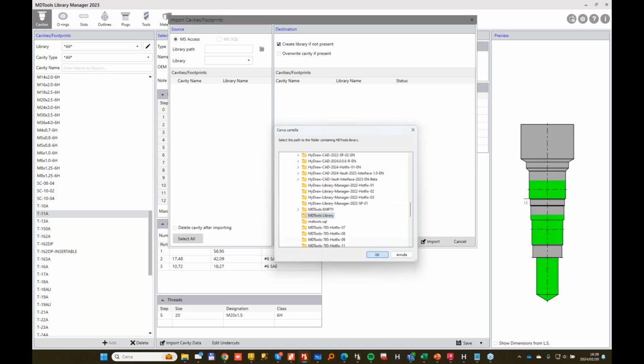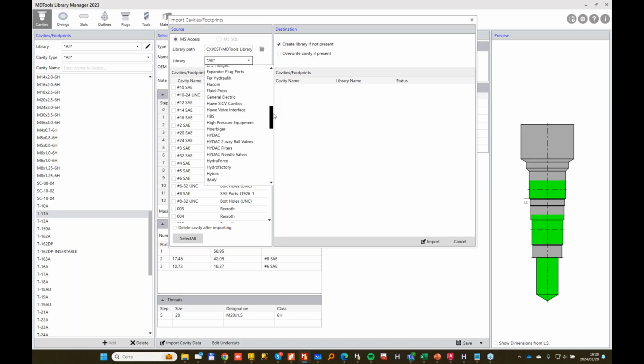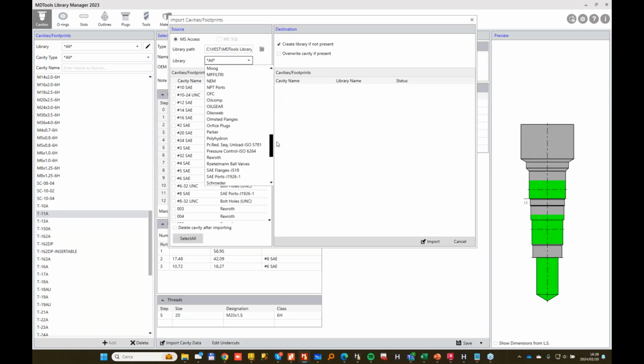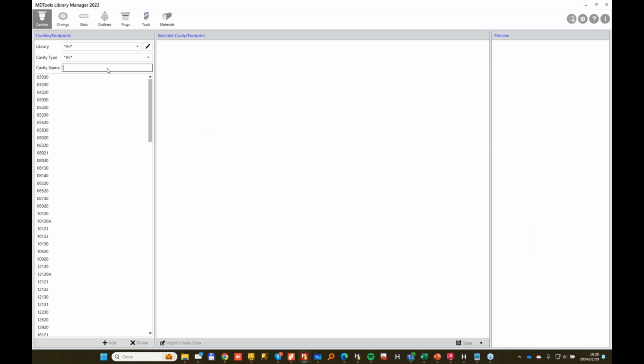In the MDTools library, I take Bosch Rexroth. A similar cavity is available also for Atos, for Diplomatic, and Parker as well. It's the DBD6. This one. Let me just import those, and I'll show you how they are. DBD